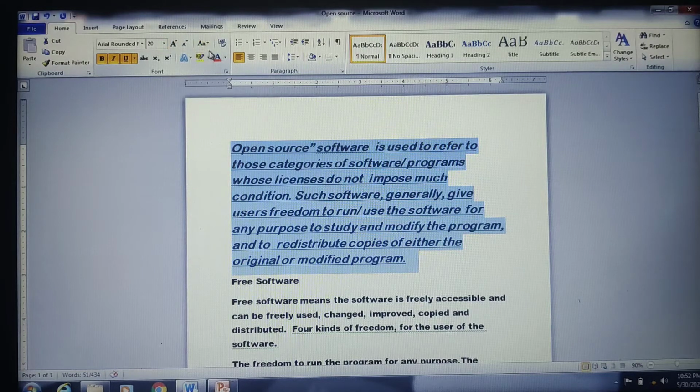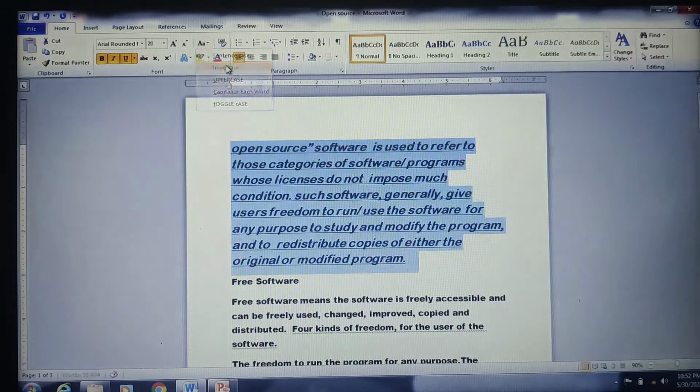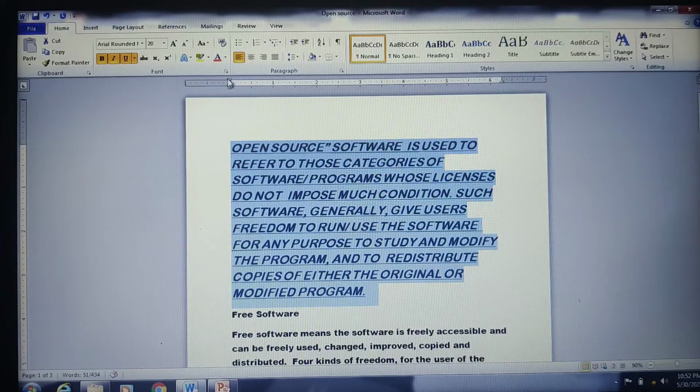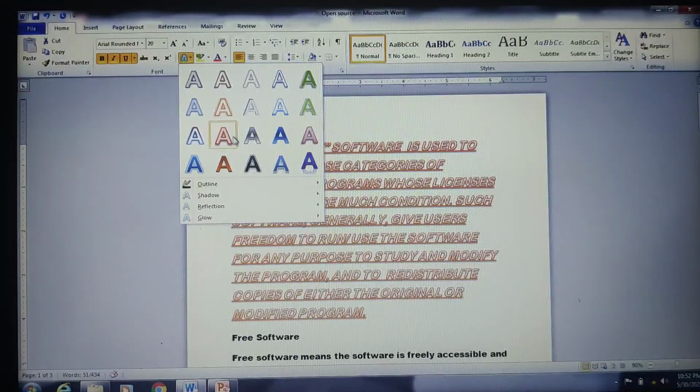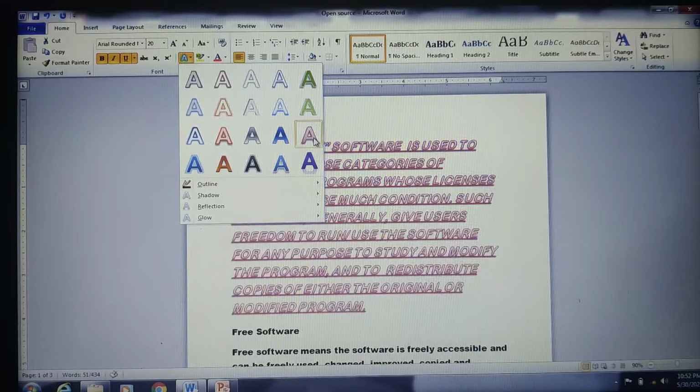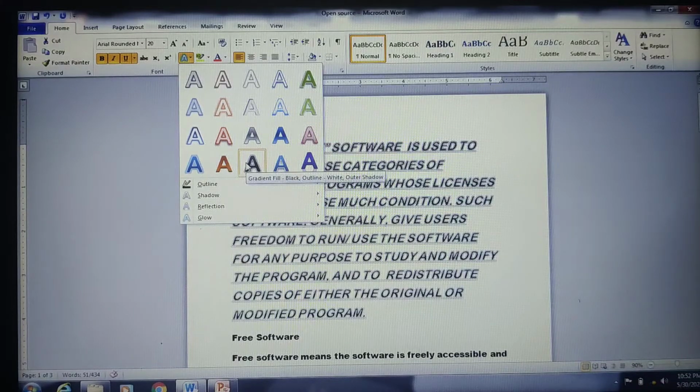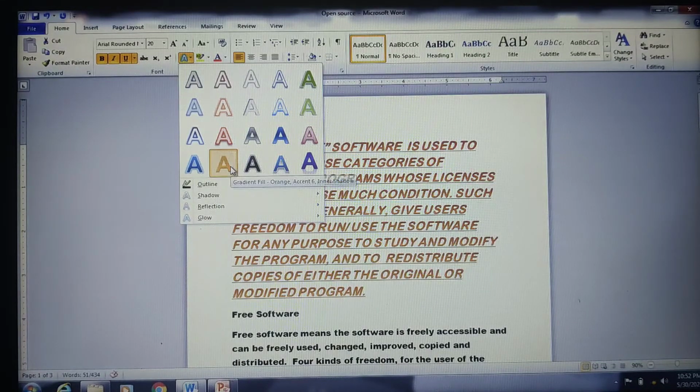Next, if you want to make it entirely lowercase, you can choose this, and all the text becomes lowercase. Or if you want to make all the text uppercase, you can even choose that. All right, and then you can use strike through also. Say I don't want this text, you can have an option like strike through. Then I'll remove the strike through here. Okay, and then these are the effects, how you want the content to appear. You can even add effects to your content.